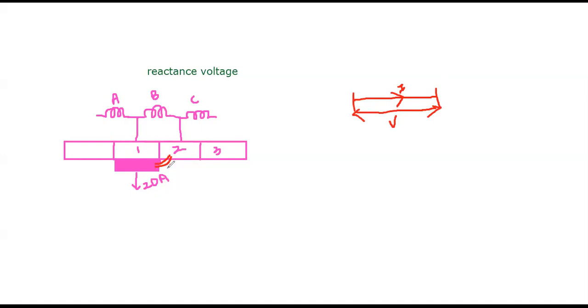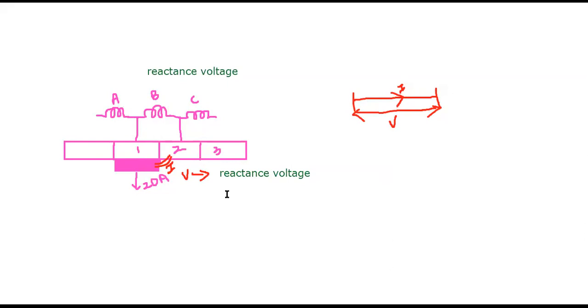Here there is a flow of current that leads to sparking. If there is any potential difference between these two, one being commutator segment 2 and the other the brushes, only then will the current flow here, right? The potential difference is the voltage, and this voltage is said to be the reactance voltage, right?